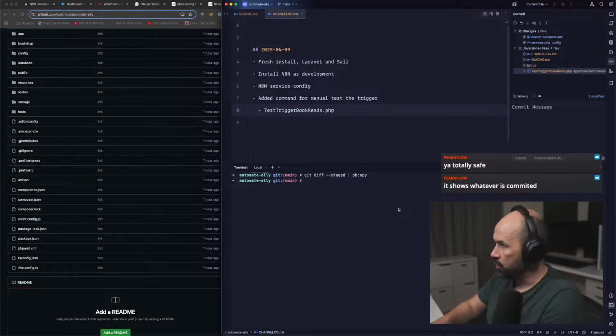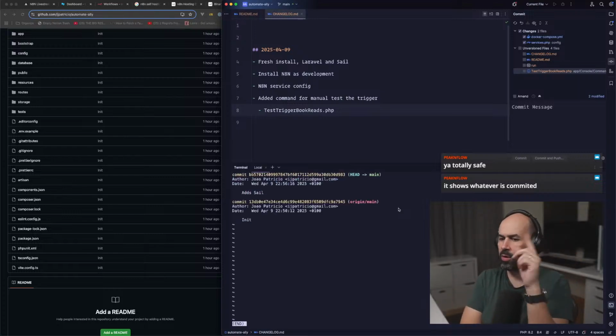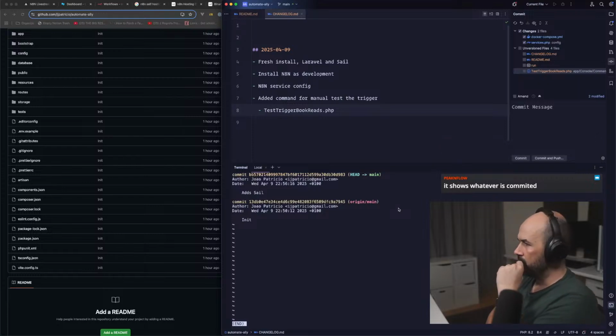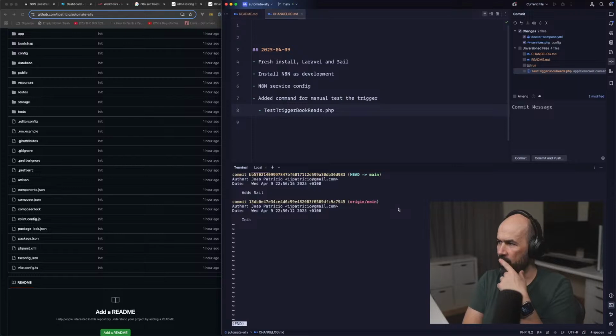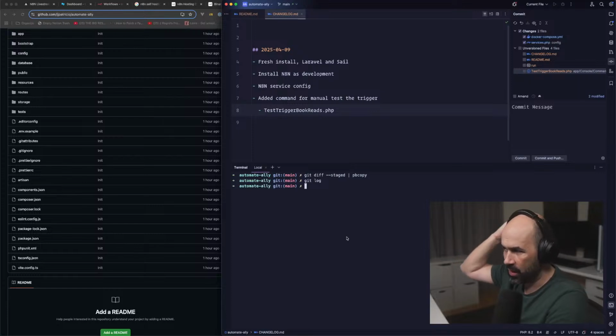It chose whatever is committed. I should commit it first and only then run it? Because that will introduce one extra commit, right? But it should give me when I added Sail, right? What am I missing?